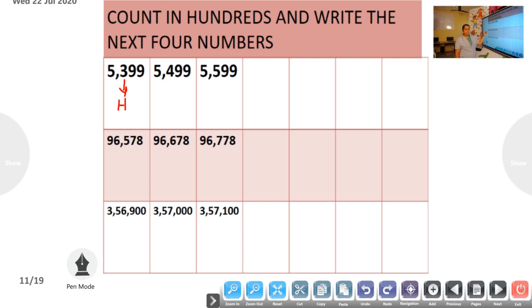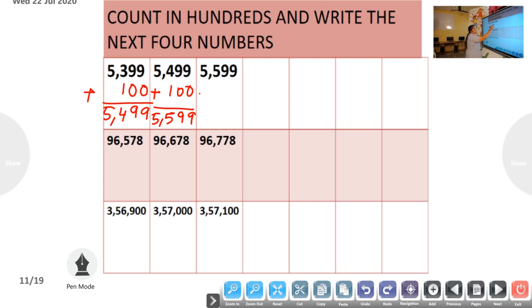That means you have to add 1 to the hundreds place. So here, you are adding 100 to this number. How much are you getting? 0 plus 9, 9. 3 plus 1 is 4. Is it clear? 4,999 plus 100 is 5,000. This is your next number. Is it clear? Again, you have to add 100 there. Then 9, 9. 4 plus 1, yes, 5. Bring down the 5.